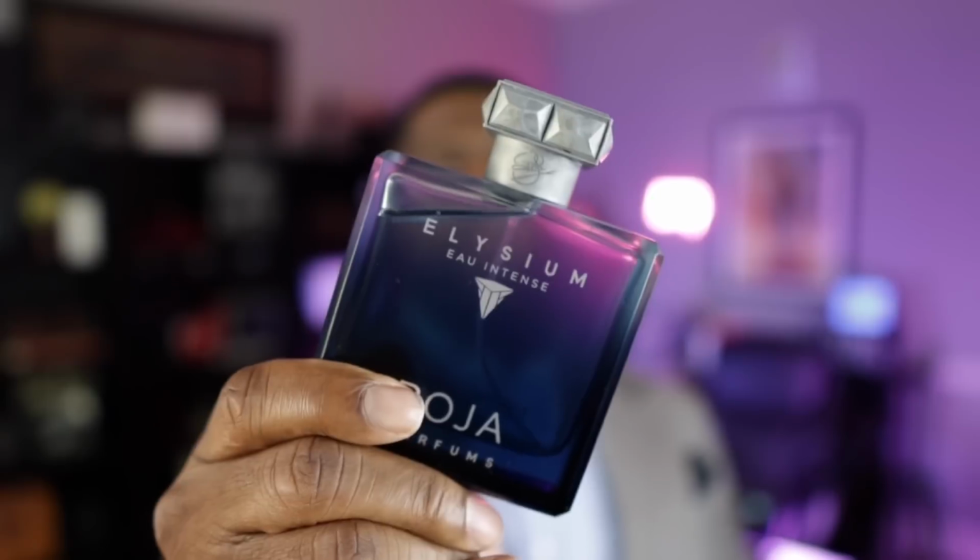Now, there is leather in the original Elysium as well, but like I said, I get more of the kind of amber accord when that one dries down, where with this one, I get a lot more of that leathery nuance on the far dry down of the Eau Intense. So again, it really, really works. It's the same as the original Elysium, but